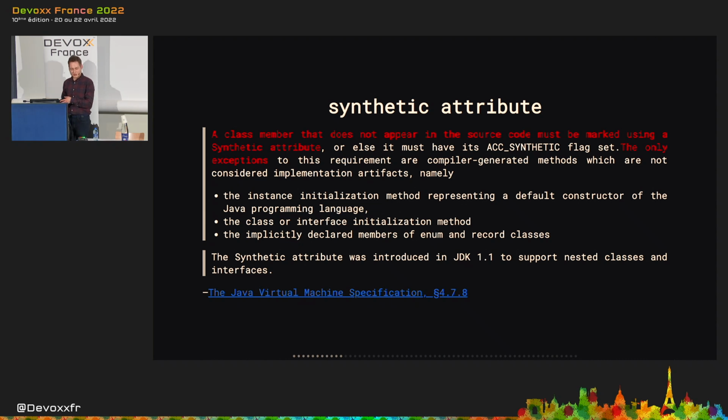And there are some exceptions, as with every rule in the Java language. For example, this doesn't apply to compiler-generated methods, such as methods of enums, the default class initializer method, the default constructor,